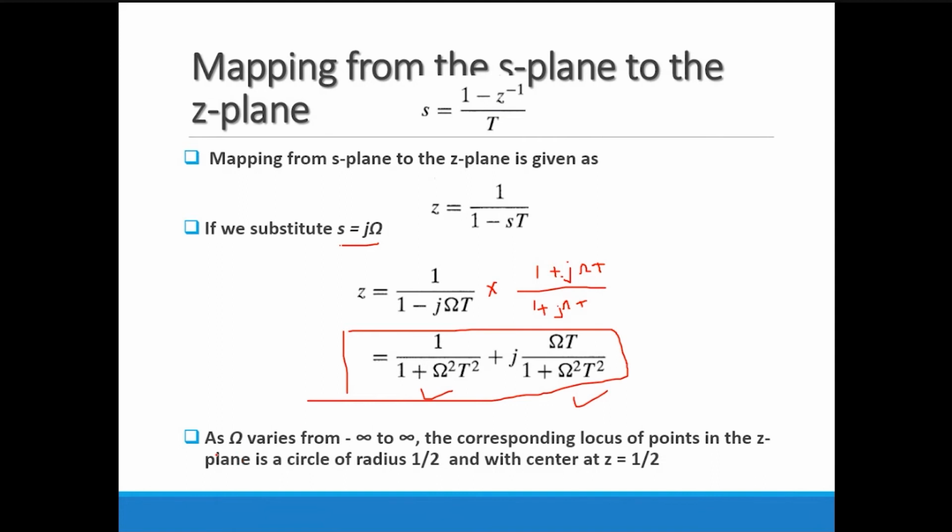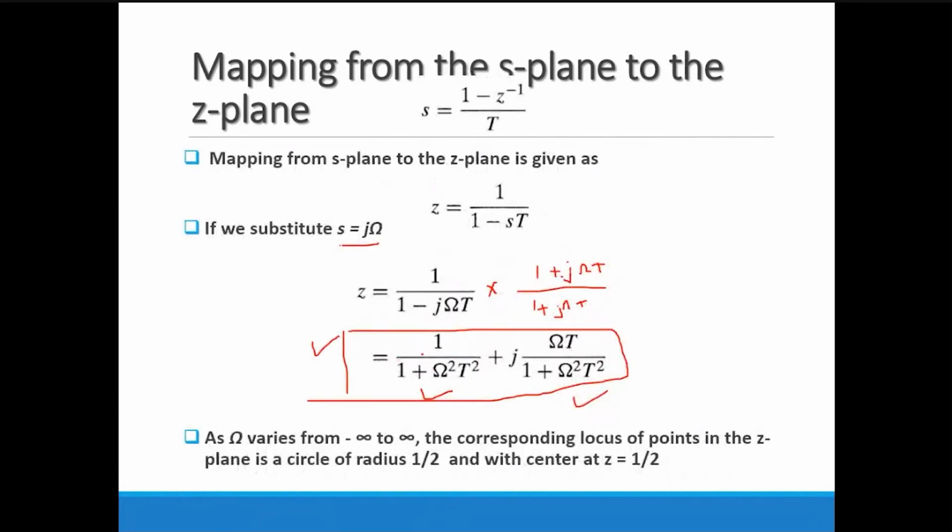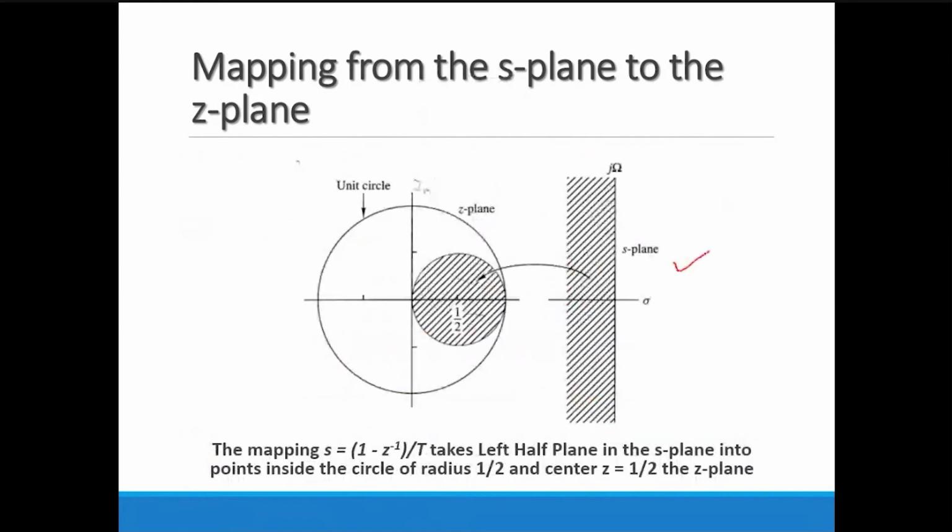Whatever Ω term we have introduced varies from minus infinity to infinity. The corresponding locus of points in the z plane is a circle of radius 1 by 2 with center at z is equal to 1 by 2. So if you apply the values of Ω, varying from minus infinity to infinity, the corresponding points in the z plane make a circle of radius 1 by 2 with center z is equal to 1 by 2. So you can say that if I apply the value of this Ω term in the s plane,